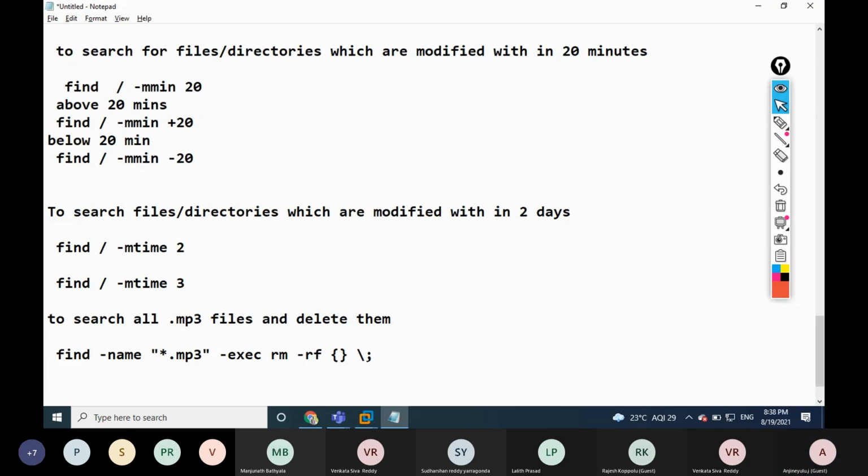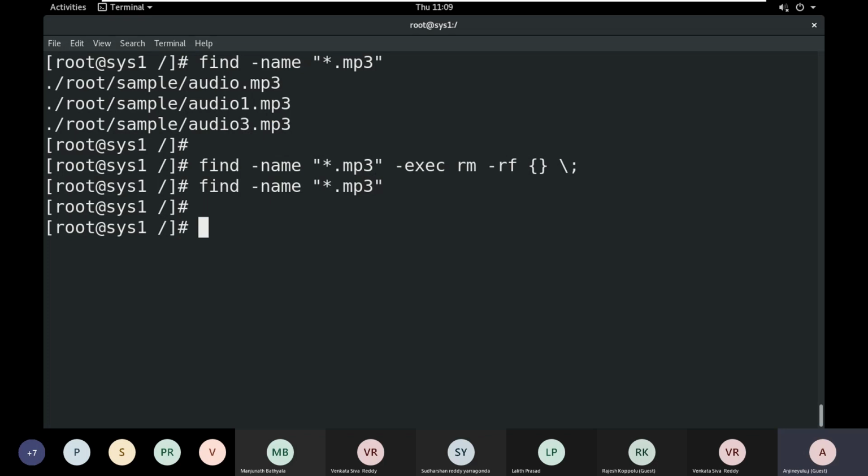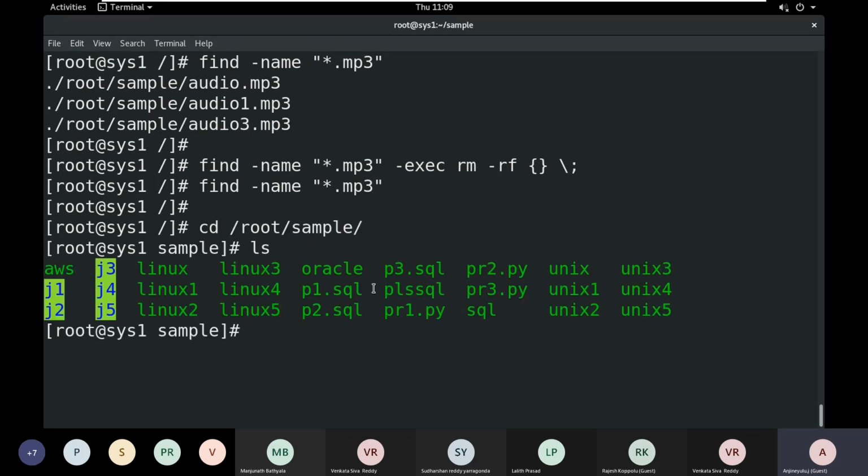So for example, I want to copy into some particular location. Let's see what I have to do here. I want to find with the ls command, .sql.